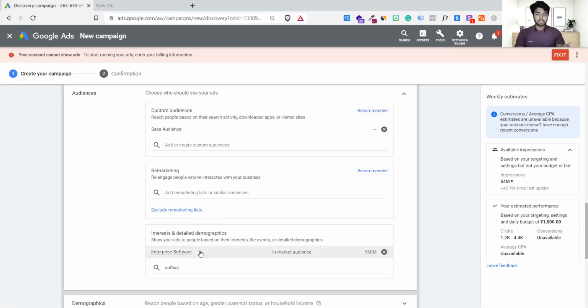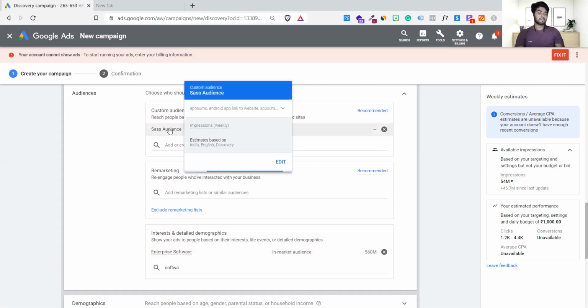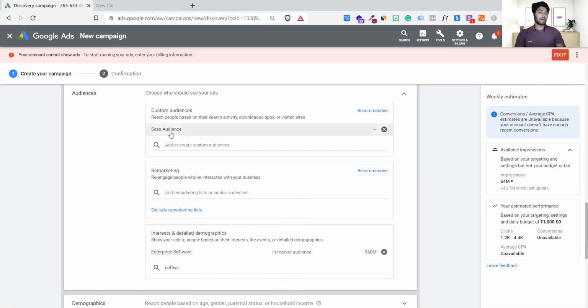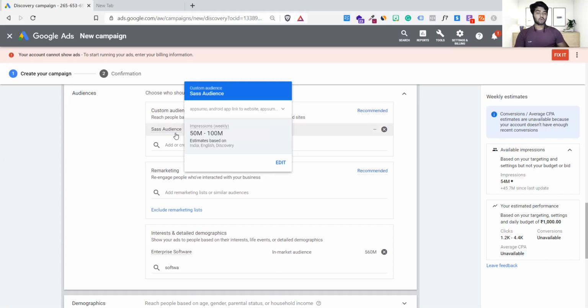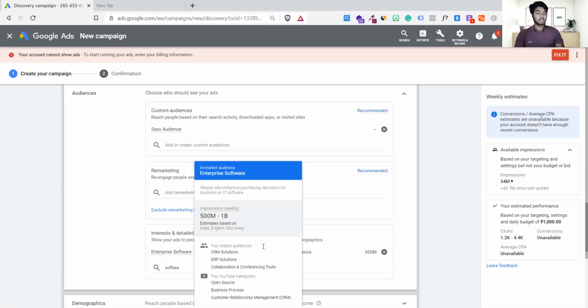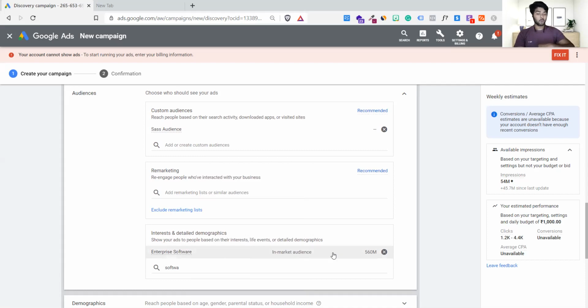Now the thing is, we have custom audiences, remarketing audience, interest audience. So when the campaign runs, we must give a single instruction to Google that this is my target group, and just focus on that. I've given this target group as SaaS audiences that I have created personally, not by Google. This group has already been created by Google, but this group I have created myself. Those who are interested in English, those who are interested in Android applications and all. This is something Google created. Now I'm saying please use my audiences. I know my audiences better than you, so remove it.